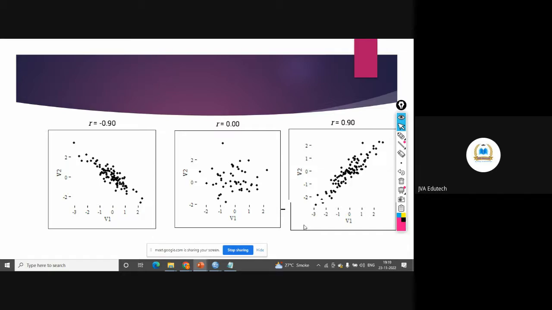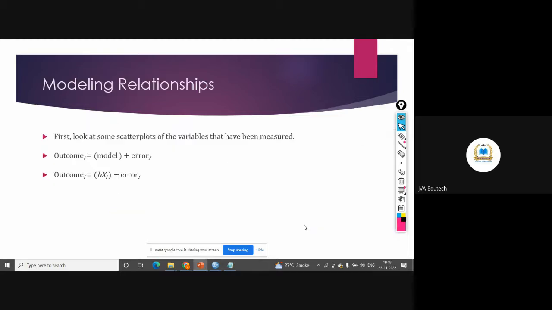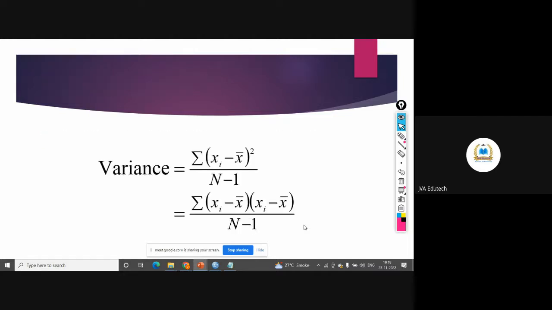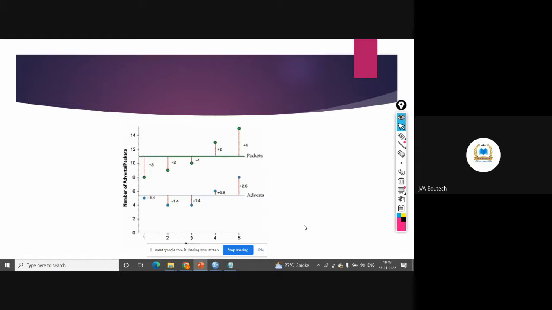And initially you can see this correlation through scatter plots. Already I have told about this, outcome is equal to model plus error. If you have to model this correlation, variance, covariance, I have told. Now let's take this example. If you see this example,